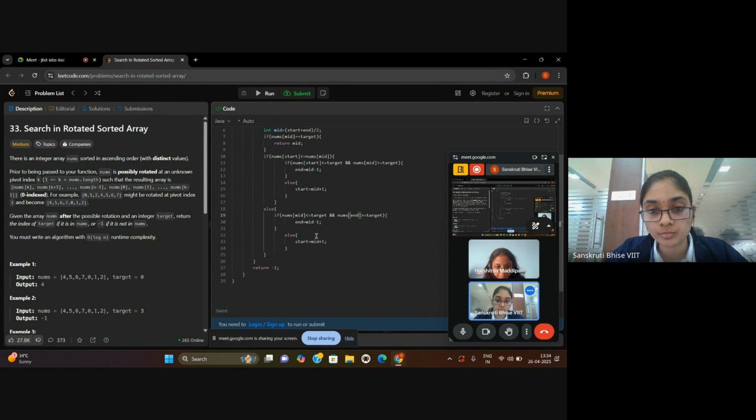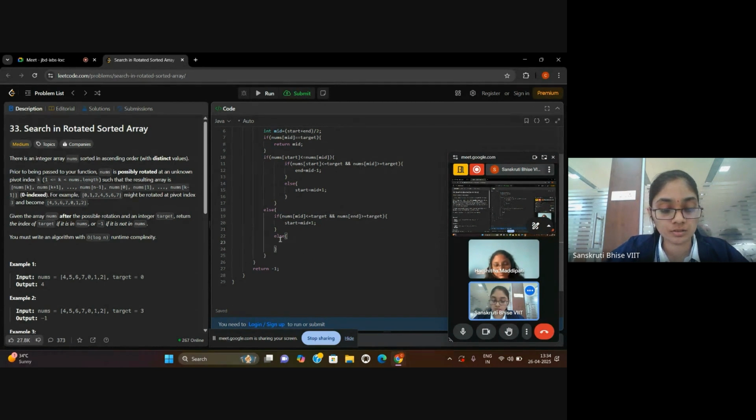So if it is in between, I can move my start to mid plus 1, and else, if it is greater, my end will be shifted to mid minus 1.